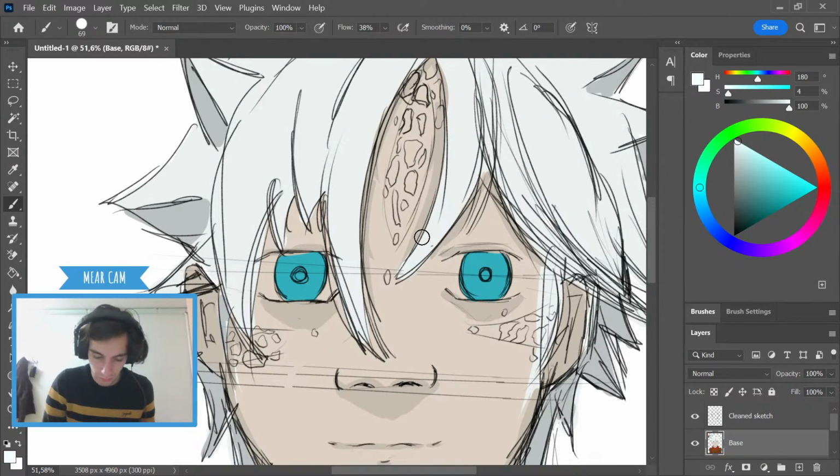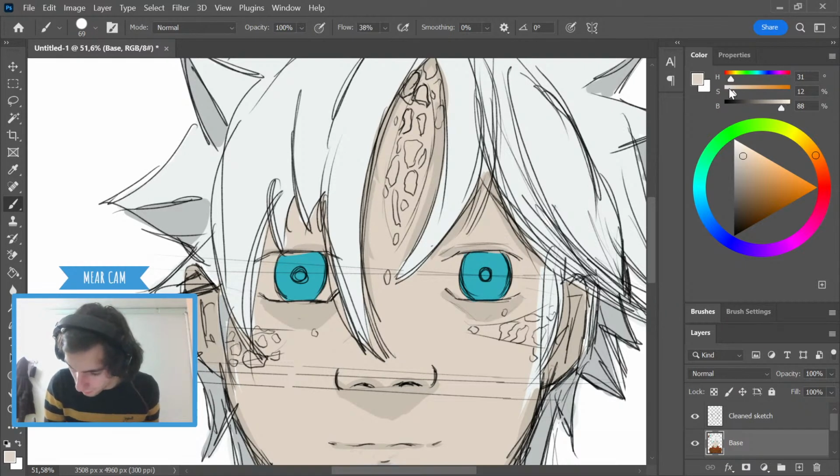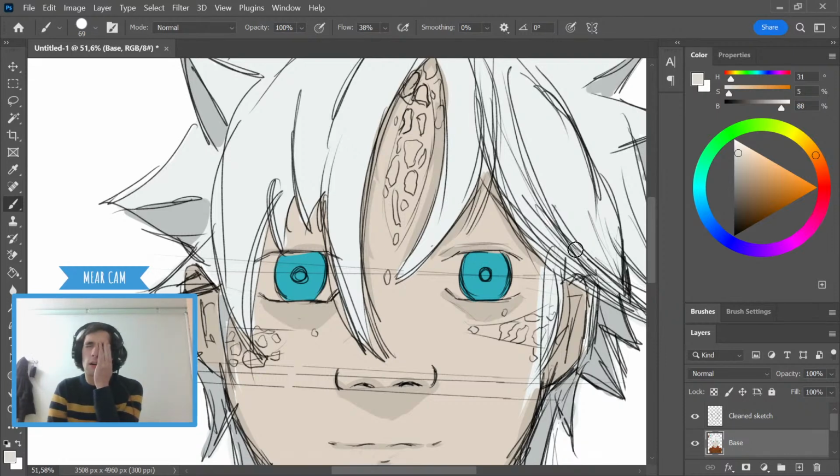Yes, actually I don't need to do the highlights of the hair yet. That's how it's gonna look. The eyes, we're gonna worry about that later. Let's do the face. Highlights of the face. Where's gonna be highlights of the face? Let me remember my lessons. Let's look up a bit as well. Okay, so